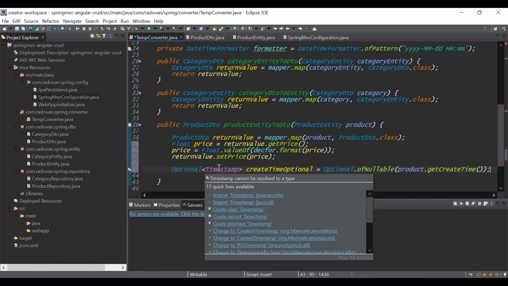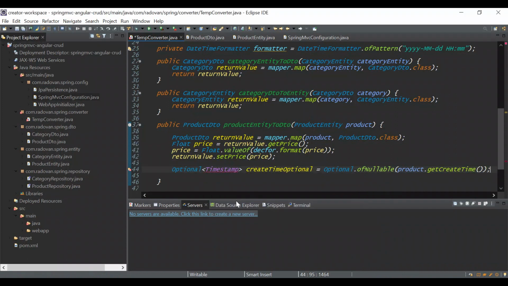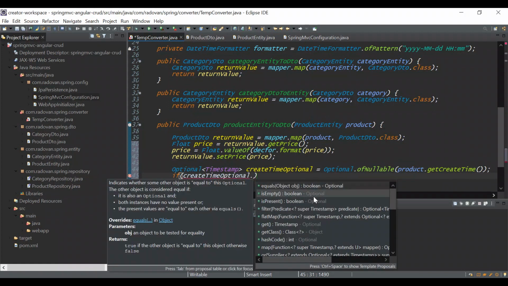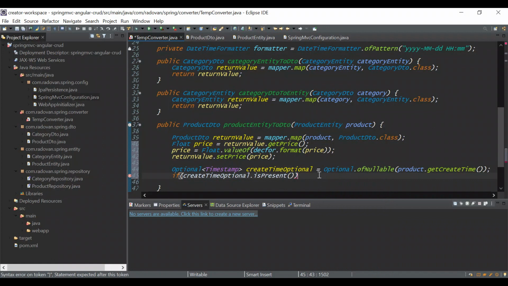And we need to import timestamp from the Java SQL library, and that will be fine. And now if create time optional is present,